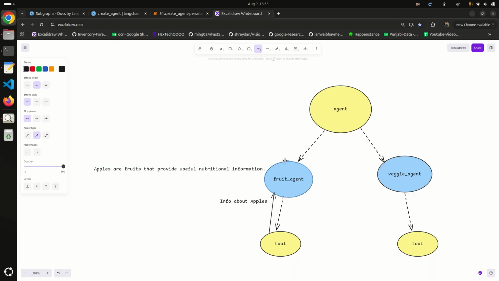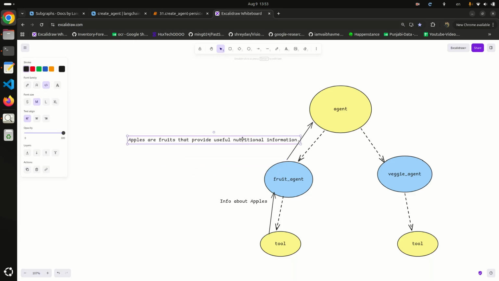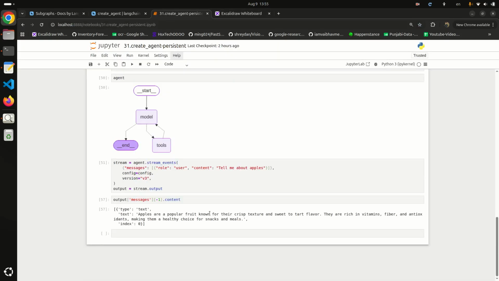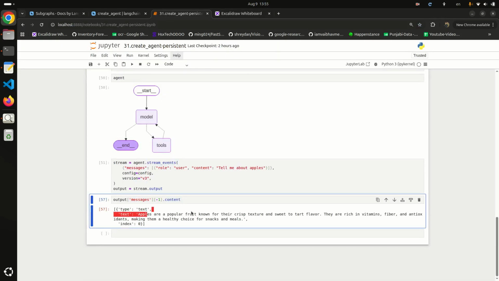And then we return this message to our main agent as a tool message. So for this agent, this message is a tool message that we got from this fruit agent tool. So when our main agent gets the message, apples are fruits that provide useful nutrition information, on the basis of this it may generate another response, that is apples are a popular fruit known for their crisp texture and sweet to tart flavor. So that is basically the workflow.